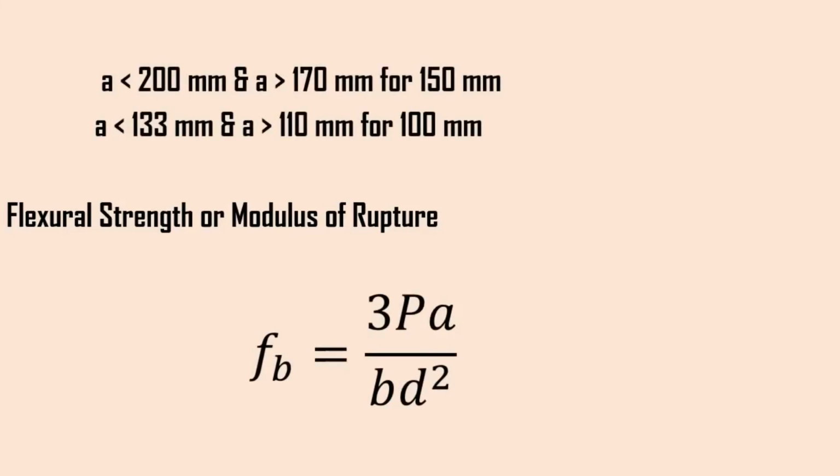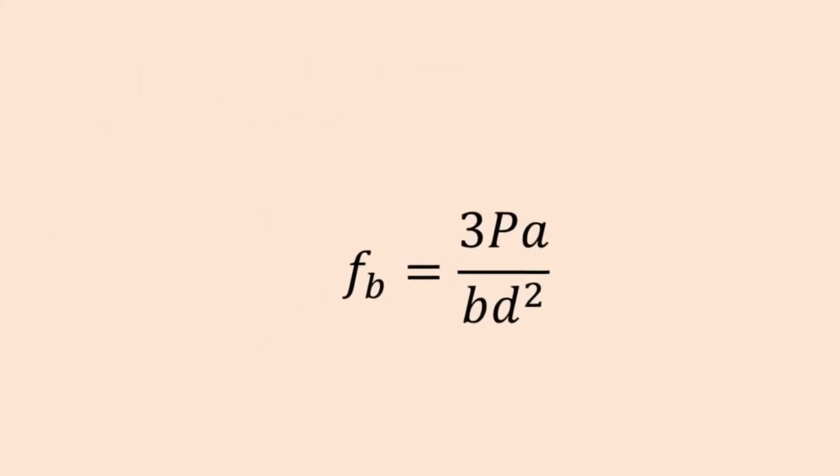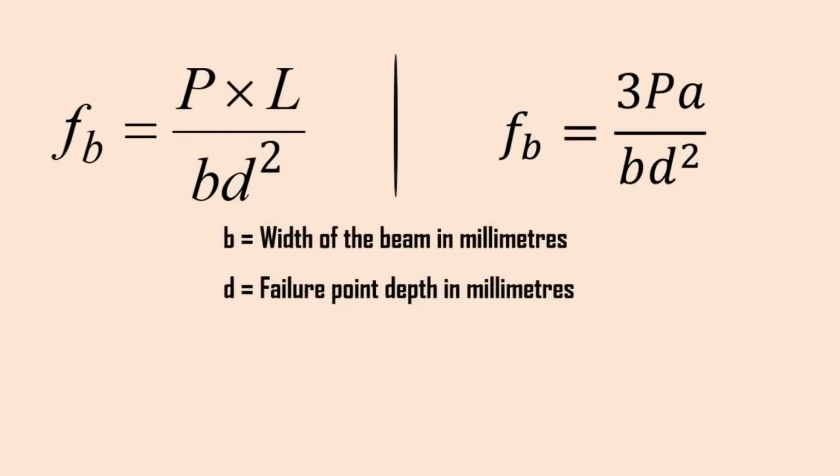If a is less than 200 millimeters and greater than 170 millimeters for 150 millimeters, and less than 133 millimeters and greater than 110 millimeters for 100 millimeters, then the flexural strength or modulus of rupture fb is calculated by the equation fb is equal to 3Pa divided by bd square,